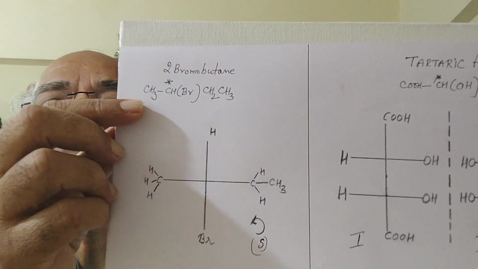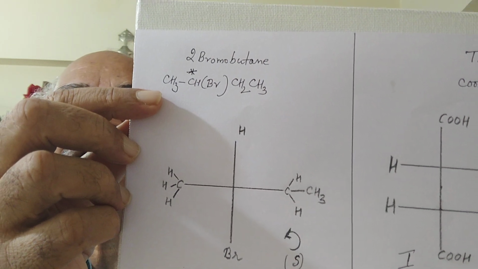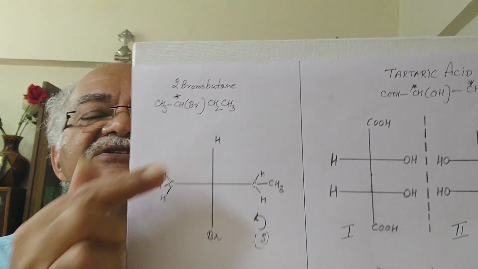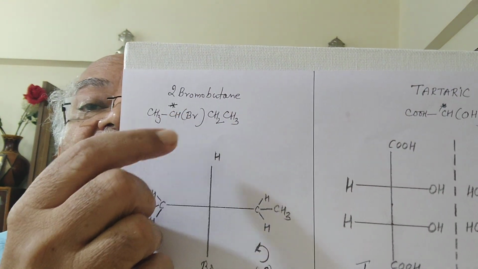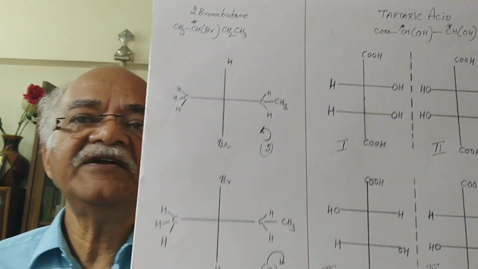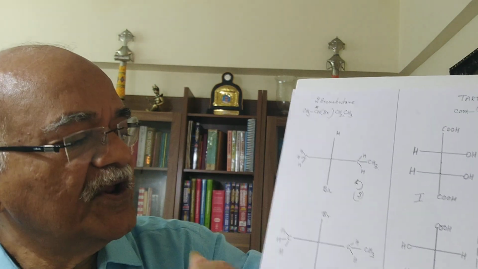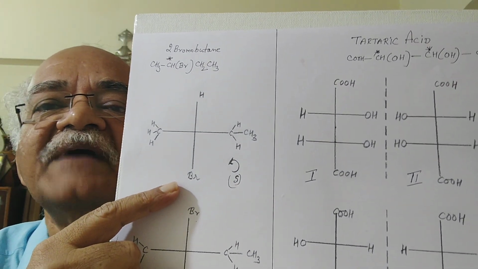This is one thing I want to tell you. Now I have written one more thing here. For example, if you take this molecule, this is 2-bromobutane. Over the carbon which is chiral, I have put a star. This portion is the condensed formula. If you open it out, I could have written hydrogen up and bromine down, or hydrogen down. Either way, the hydrogen is away from us. The least priority group should be away from us. So straight away, I can say this first molecule is going in an anti-clockwise direction. Bromine is the maximum priority.